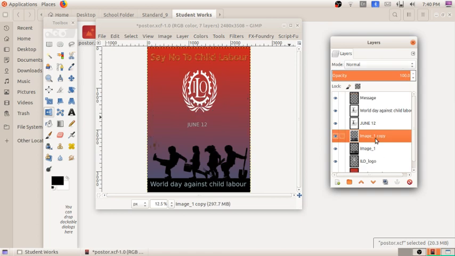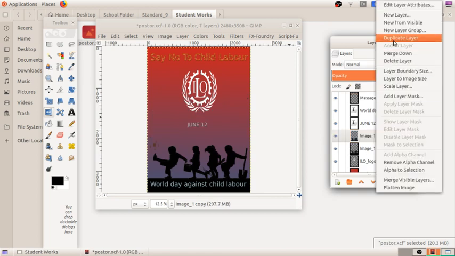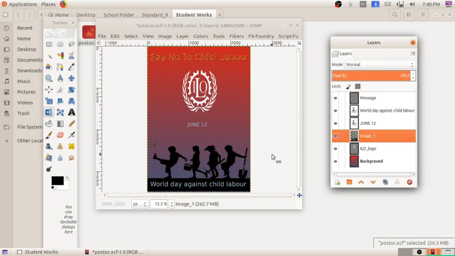One copy is deleted, and the other copy, also created by mistake, we can delete that layer also. So all the duplicates are deleted. Did you see, we used the features of deleting layers and duplicating layers. You have to keep this in mind.